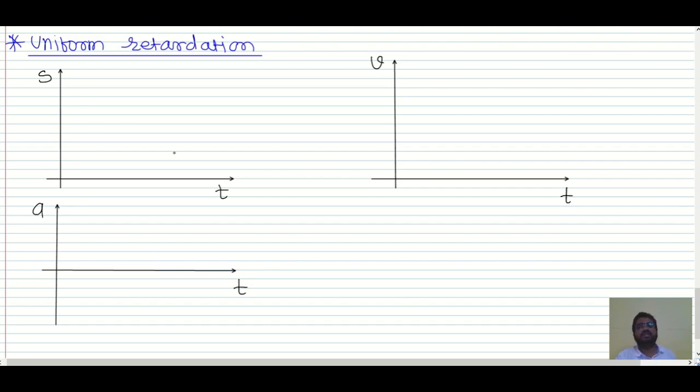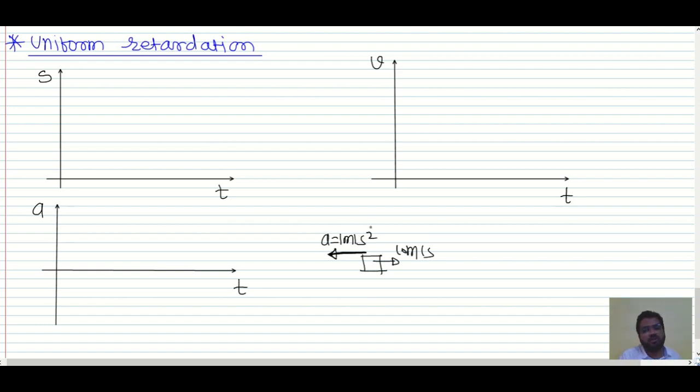So the displacement-time, initially if you consider the velocity of the particle is 10 meter per second, and deceleration we have, or acceleration in the opposite direction to that of the 10 meter per second velocity, and that is 1 meter per second squared. What does this mean now? The velocity of the body will decrease by 1 meter per second in 1 second. That is what the retardation indicates, isn't it?